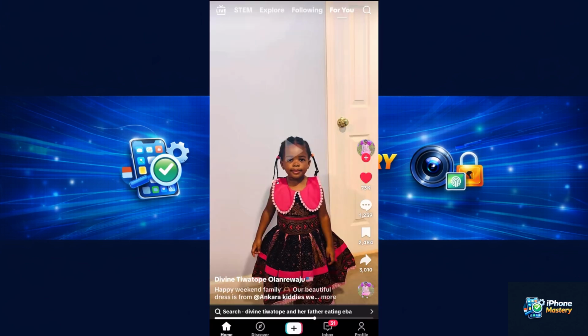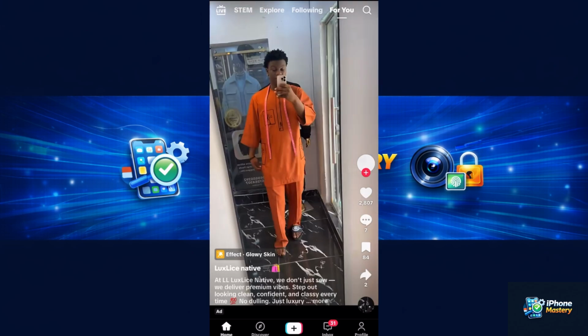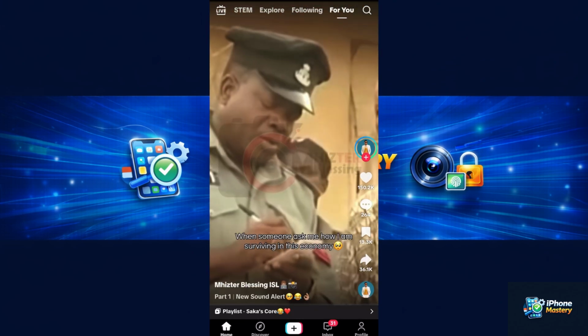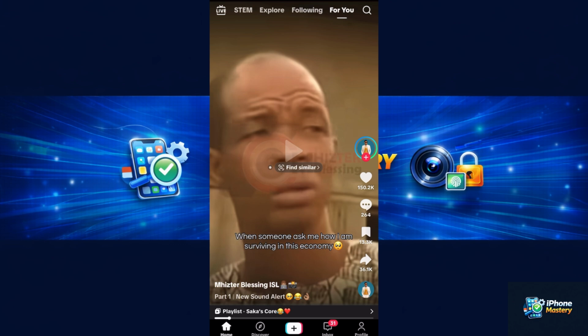So guys, once you open up your TikTok account, the next thing you want to do, you want to look for the video you want to repost. Let's just swipe up. Let's say I actually want to repost this video. What am I going to do? Once you actually look for the video you want to repost and you actually get it, what you have to